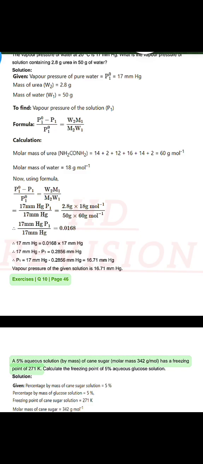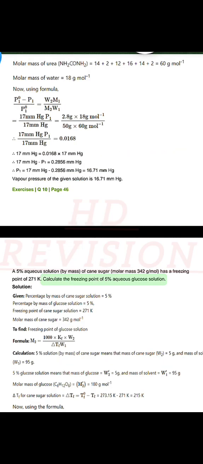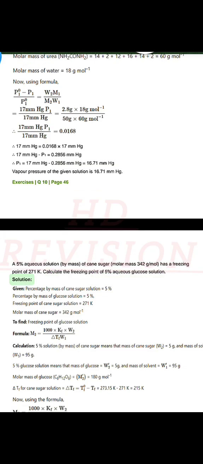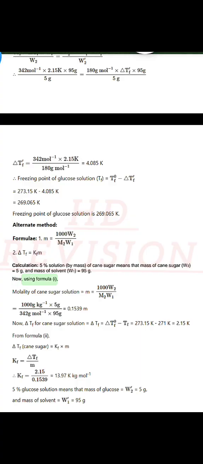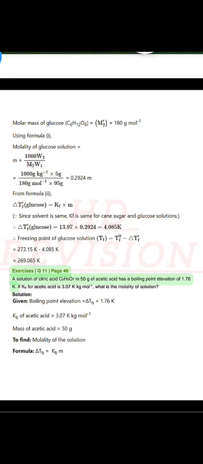Exercises Q10 page 46. A 5% aqueous solution, by mass, of cane sugar, molar mass 342 gram per mole, has a freezing point of 271 K. Calculate the freezing point of 5% aqueous glucose solution. Solution. Calculation. 5% solution by mass of cane sugar means that mass of cane sugar W2 equals 5 g, and mass of solvent W1 equals 95 grams. Now, using formula I,